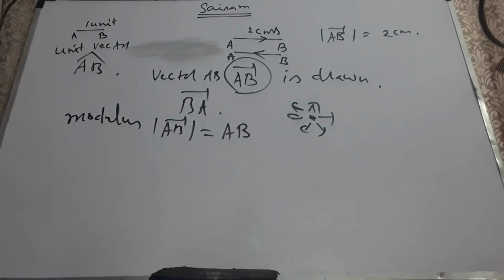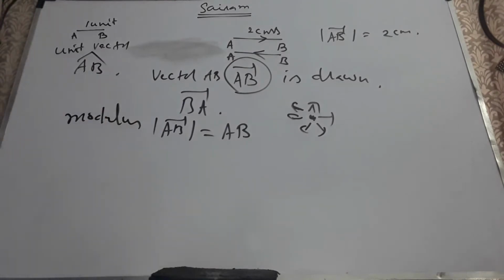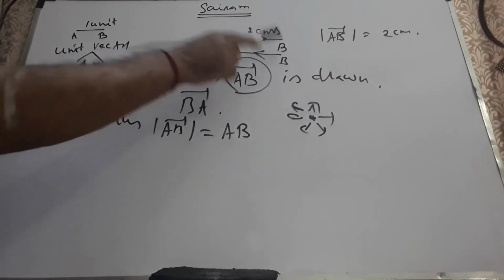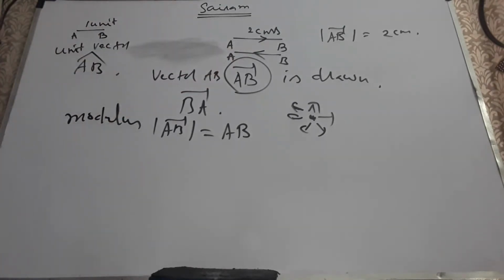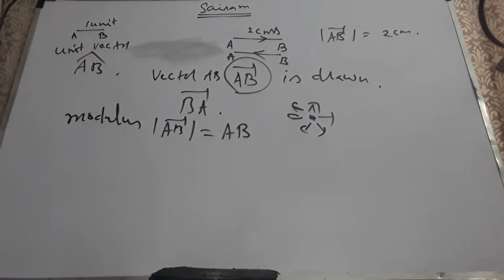Okay, I repeat the whole process. A segment AB is the same as segment BA. On the other hand, if I start from A and end with B, vector AB is produced. If I start from B and end with A, vector BA is drawn. Here the directions are opposite to each other. This is an example of negative vectors. AB vector is the same as minus BA vector. The direction is exactly opposite and the length is the same for both. They are negative vectors to each other.